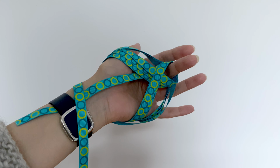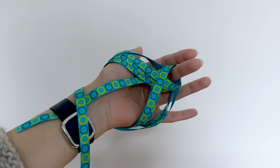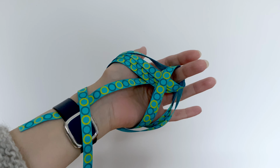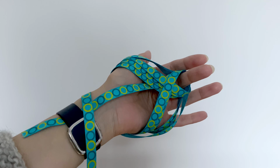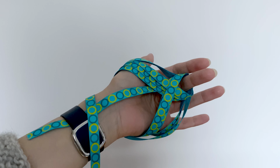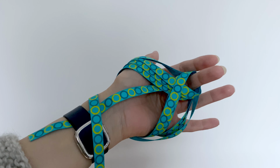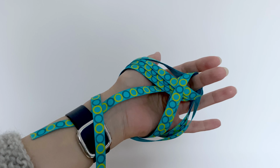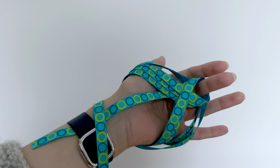After my last video about why you might want to think about the consequences if you are plying from both ends of a centre pull ball, inquiring minds, my own included, wanted to know whether the same thing happens from an Andean plying bracelet. Now my hypothesis was it kind of does, but not in anywhere near the same degree,